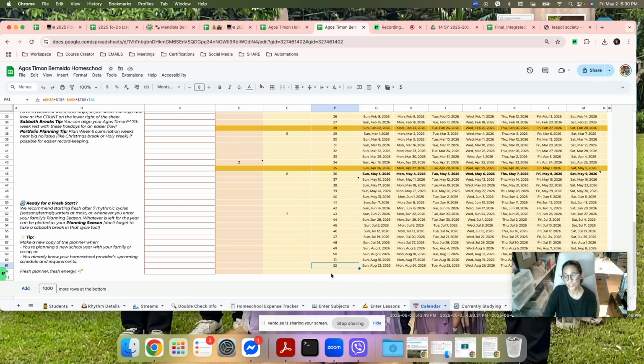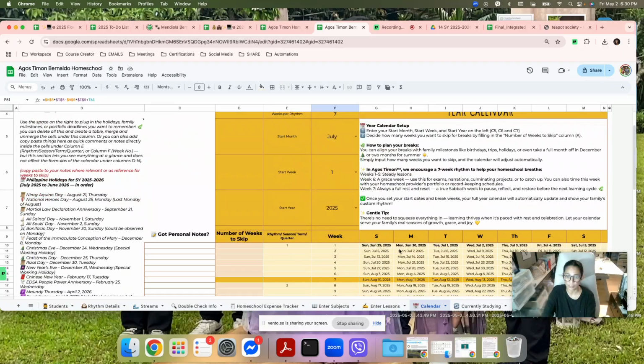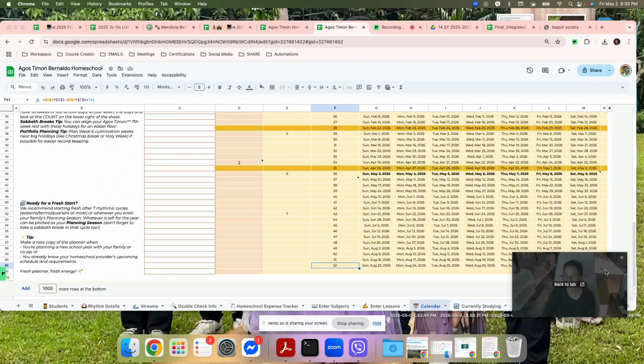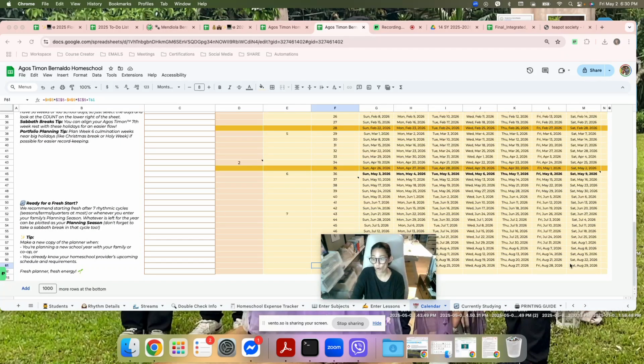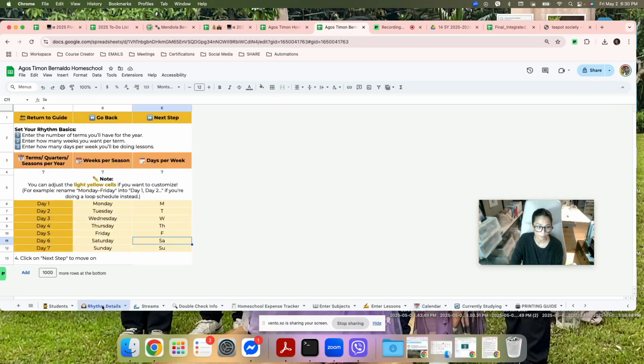Pero yung totoo, hindi talaga ganyan. Kasi look, it's gonna start June 30, mag-e-end ang school year namin August 29. But not really, because it essentially just cycles through. If I change my rhythm to show you the traditional 4 quarters and 9 weeks, okay, you will see